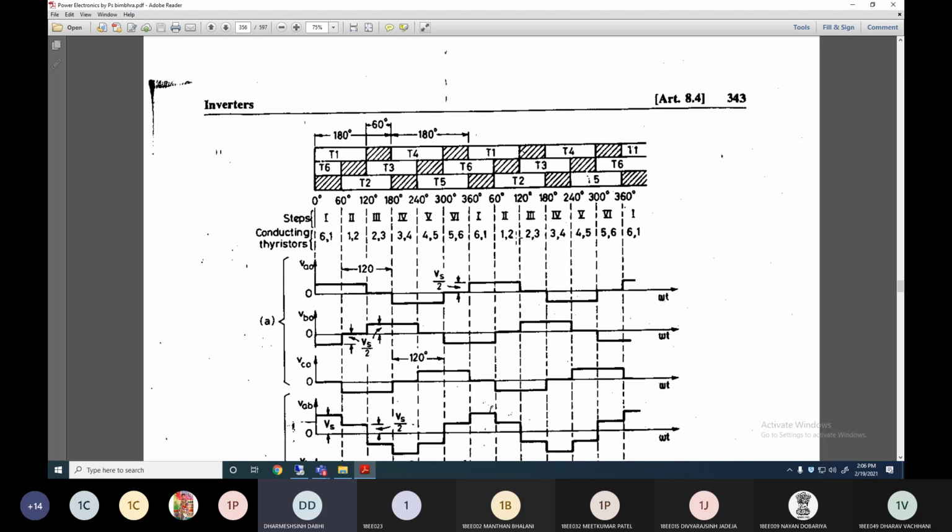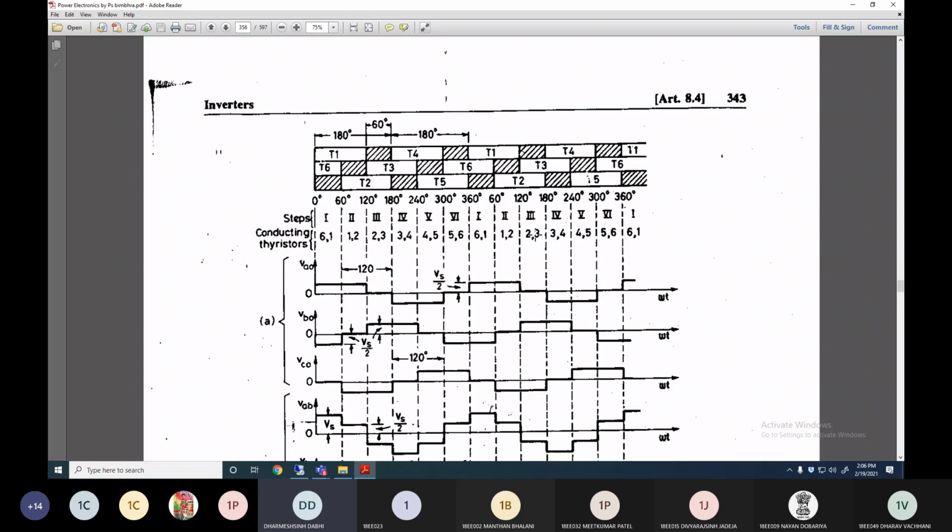Clear? So here this is all about this practical: 180 degree mode simulation, 120 degree mode simulation, then harmonic analysis, and we analyzed that all the triplen harmonics are absent, and the comparison between 180 and 120. Then what is the best choice? So go in between these two, which means the 150 degree mode of inverter.